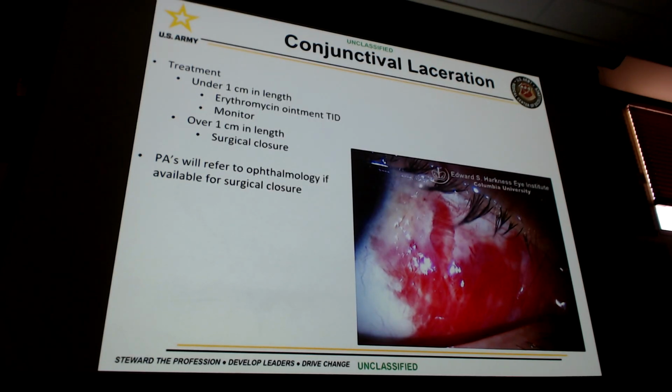And then if it's just a conj laceration and you are the only provider in 200 miles, and we're in a LSCO situation where we can't medevac this patient out. If it's a tiny one, just put some ointment on it and that conj will heal itself. If it's a big one, over 1 centimeter, you can suture it closed, okay? Probably going to try to refer this to ophthalmology